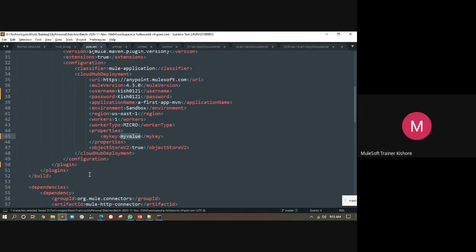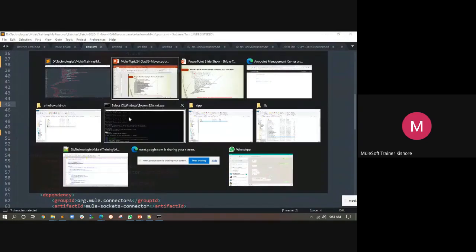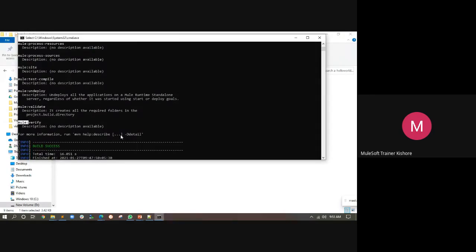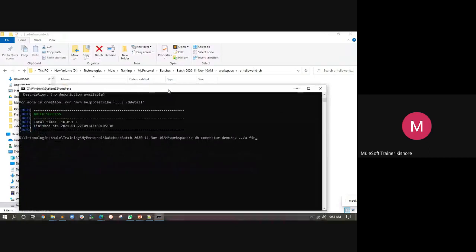Now this thing was configured properly, and it is in the a-hello-world-ch application. And now from here, cd, what is my application name? a-hello-world-ch is my application name.